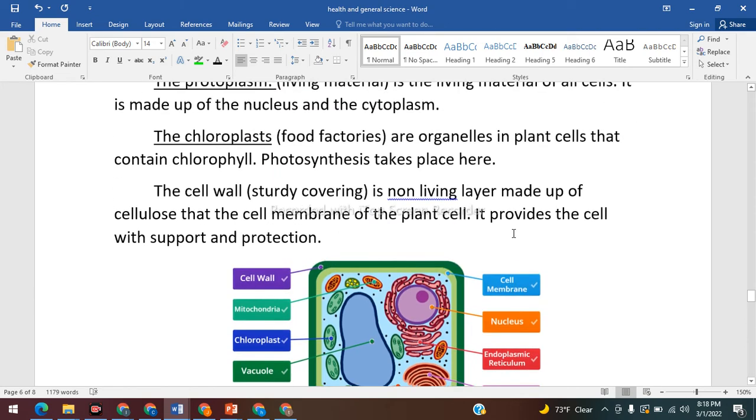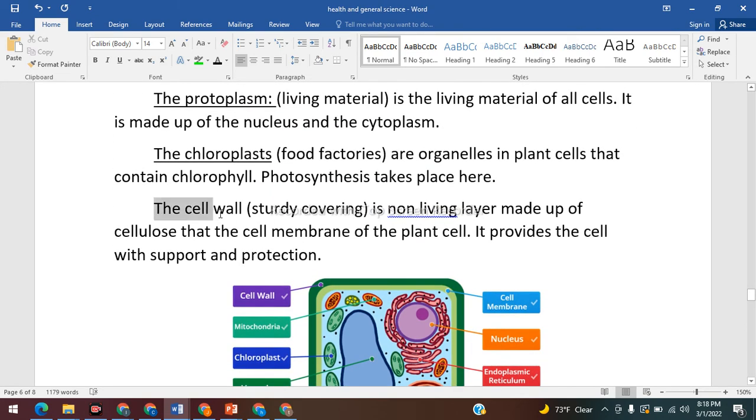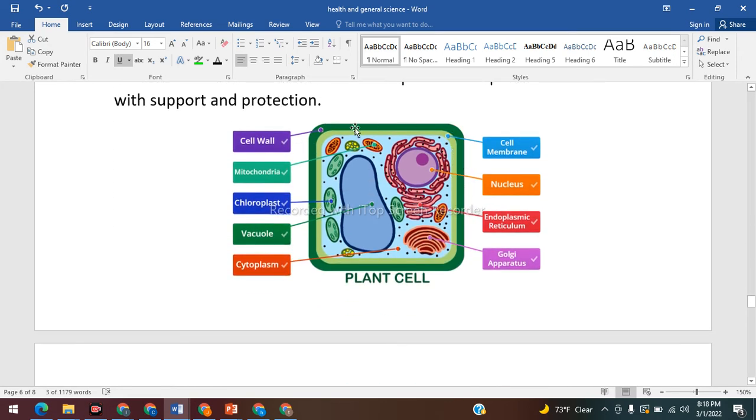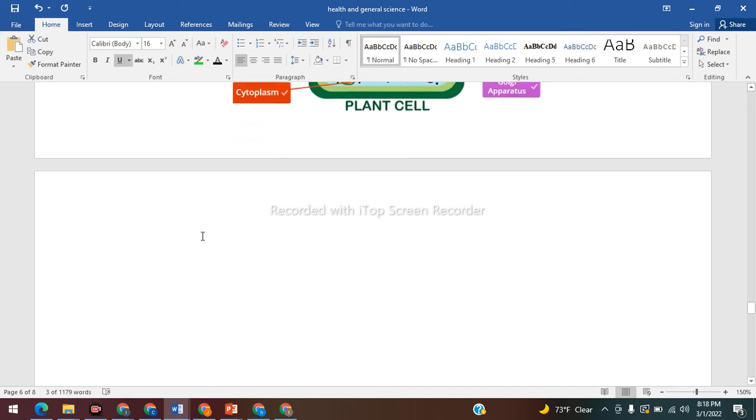Next up, so we know what the cell wall is. The cell wall is that sturdy outer part, right? Very well formed, well defined cell wall. The cell membrane is the lighter green on the outside, also determining what comes in and out of the cell. Okay, so let's move on.